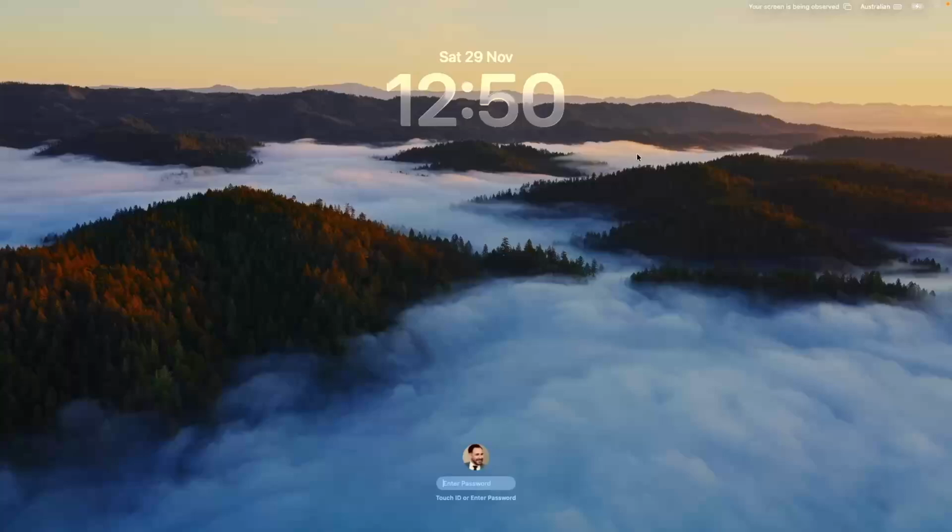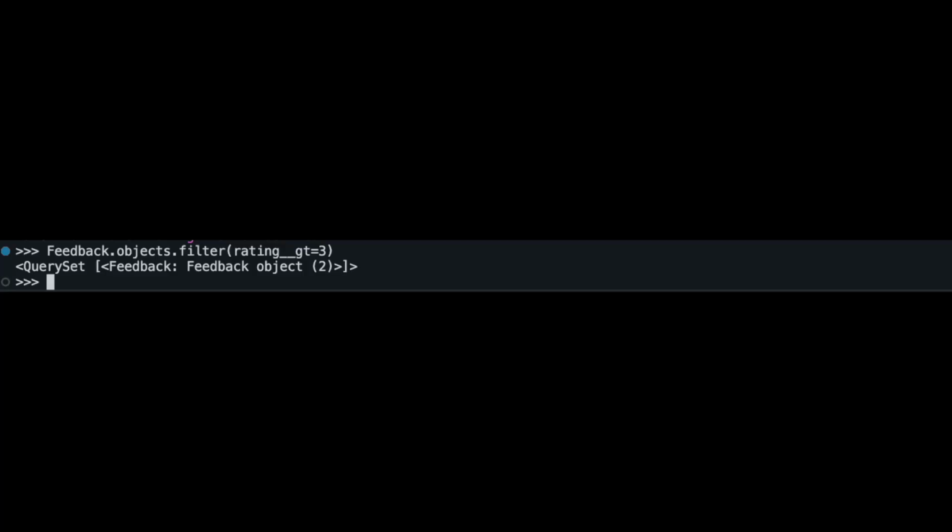So when I did objects first, objects all, you're saying give me all of the objects, that query set, but I want this particular chunk. So either filter or the first one, last one, all of them. You can do the same thing with the feedback because the related manager works the same way. So I can go first and that'll give me just one feedback item. I can go last and that'll give me a different one. And I can go